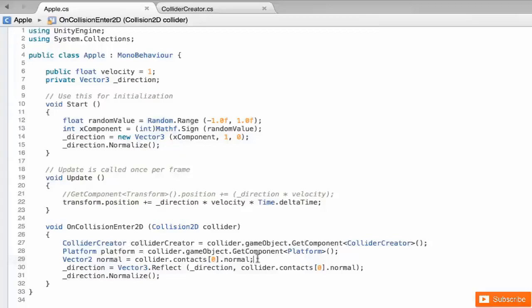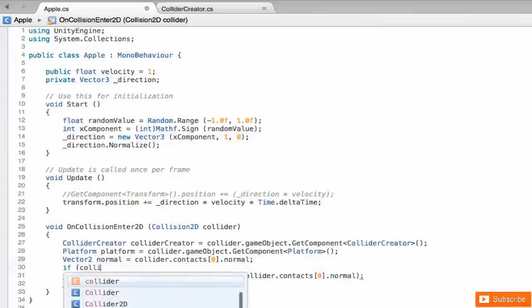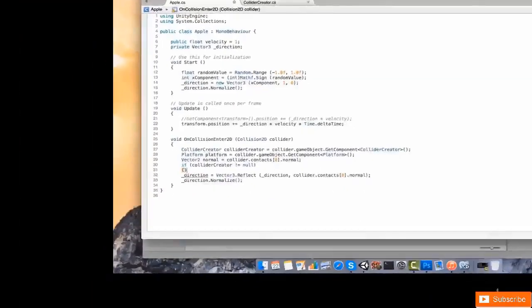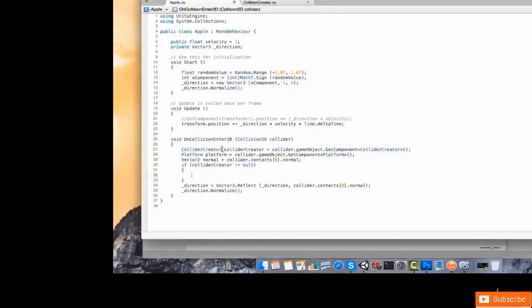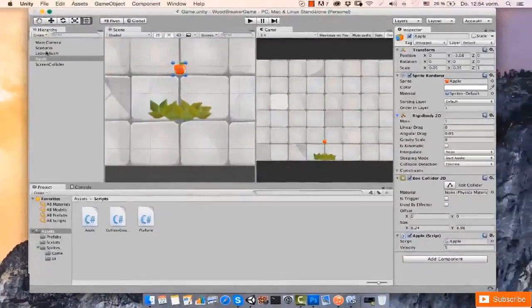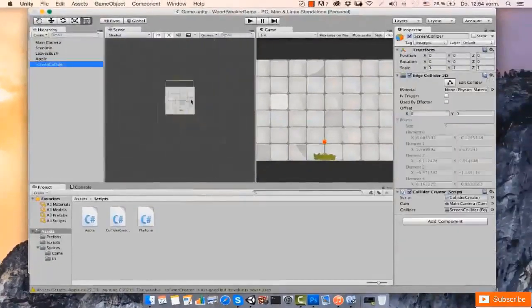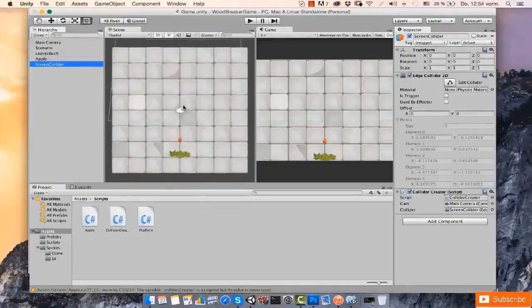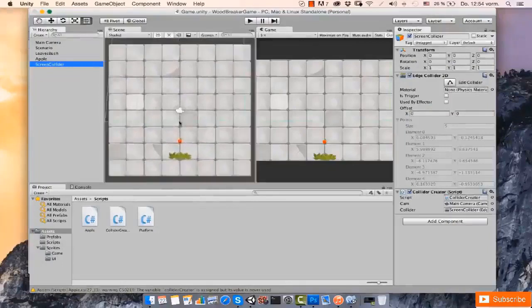So if the colliderCreator is different than null, and what does that mean? If we try to get a component from this collider and it actually turns out to be something that's not null, which means that we grab something, it means that we are colliding against the collider creator or the game object that holds this ColliderCreator component. So it must mean that we're colliding against the screen collider game object, right? And if we're colliding against the screen collider component, it means that the normal must be something other than the